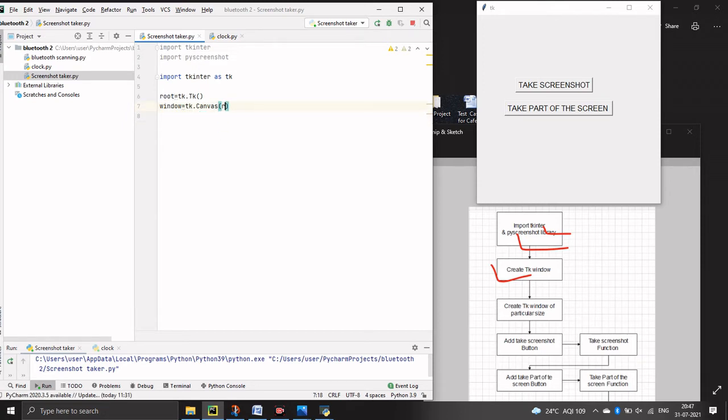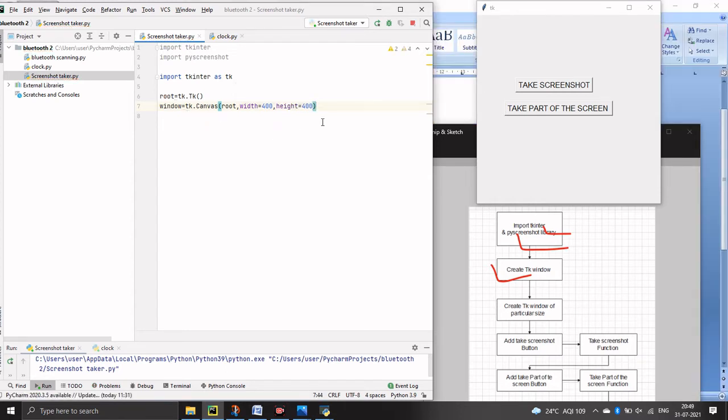So we are passing here root. Then the next parameter is the width of the screen. Here we adjust the width of the screen equal to 400 pixels. Next we have to adjust the height of the screen, so we can take 400 pixels.